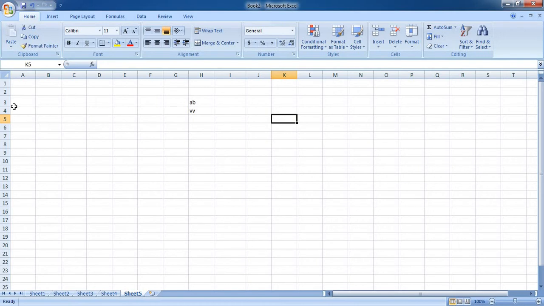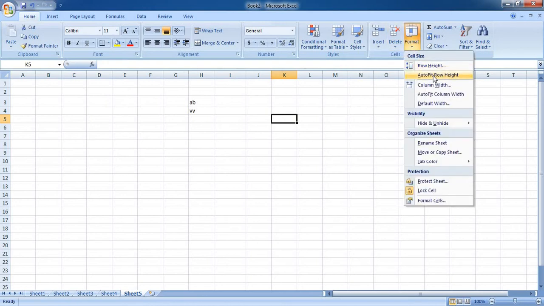So either you can go to the format option and increase or decrease, or you can directly select the borders and increase and decrease. The option is left to the user. The default option is auto fit row height, auto fit column width, which means according to the content that you add, MS Excel itself will increase, decrease, or set the row height or the column width. This will be done automatically.